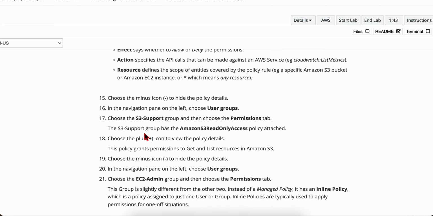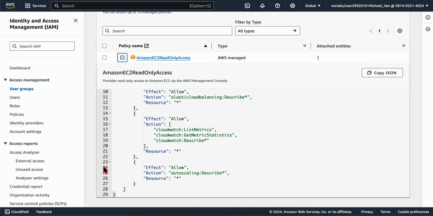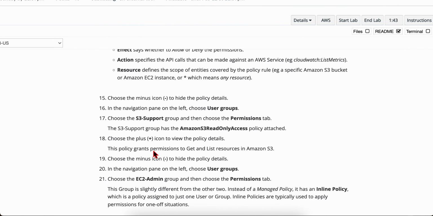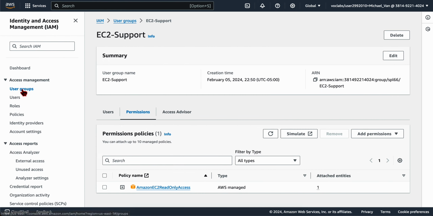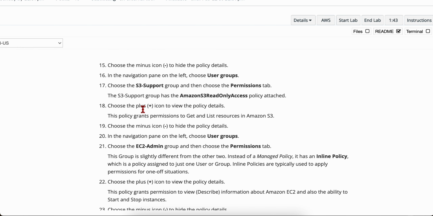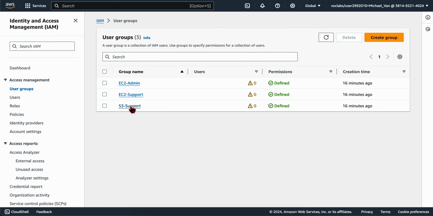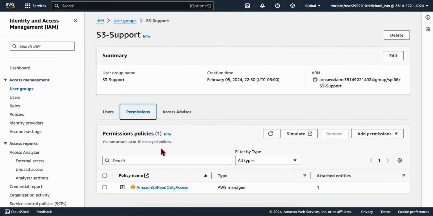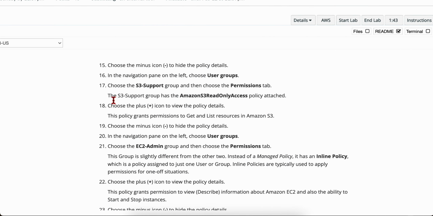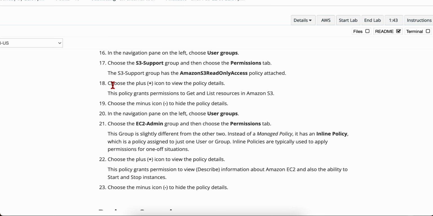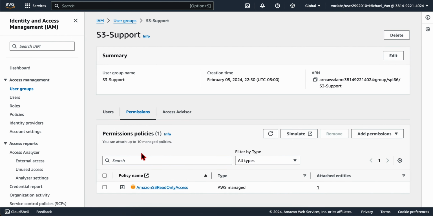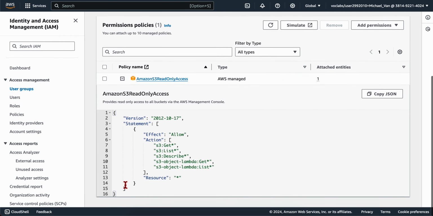Now we're going to choose the minus icon to hide the policy detail. Okay. In the navigation pane on the left, we want to choose user groups. Choose the S3 support group and then choose the permissions tab. Now the S3 support group has the Amazon S3 read-only access policy attached to it. Now choose the plus icon to view the policy details. Okay, this is our